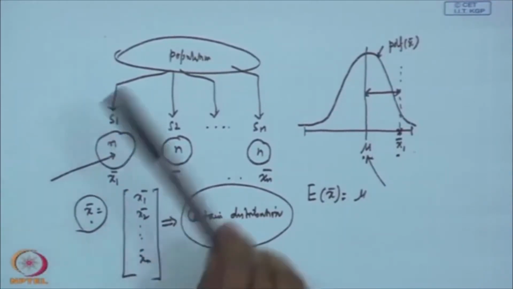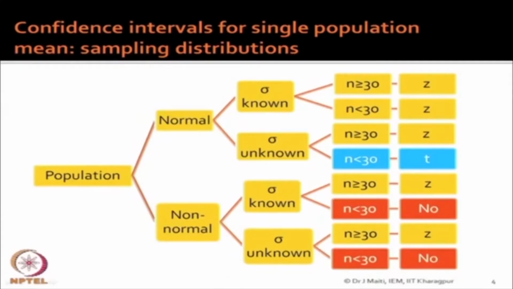Now, come back to the slide here. What will happen ultimately? Population can be normal and non-normal. Now, if you sample from a normal population with sigma known, and sample size whether small or large, that is not an issue at all, then you will follow Z distribution. I will discuss what quantity will follow Z distribution, but please remember that if your population is normal and sigma is known, irrespective of the sample size,